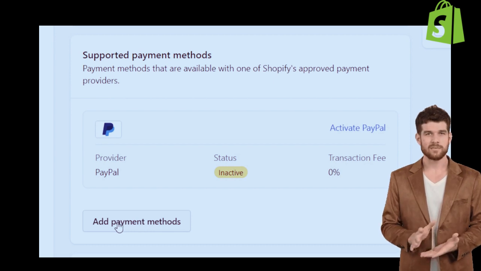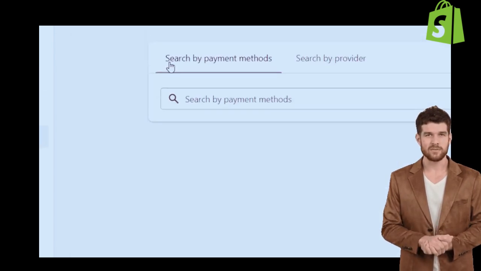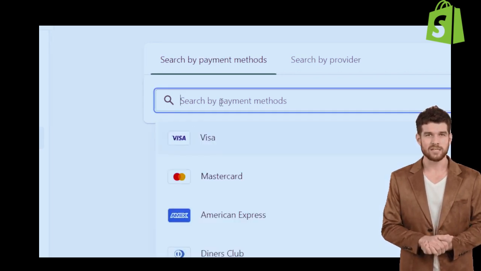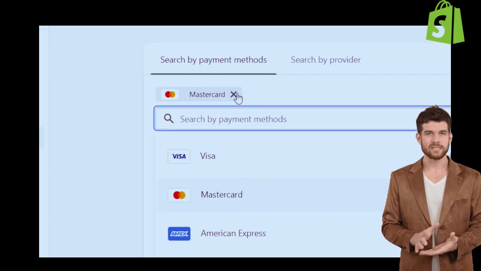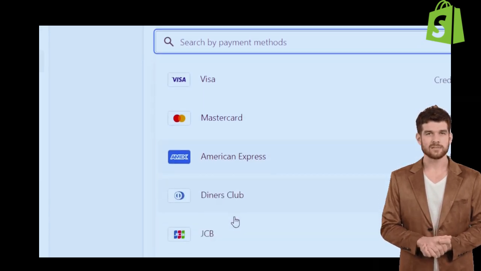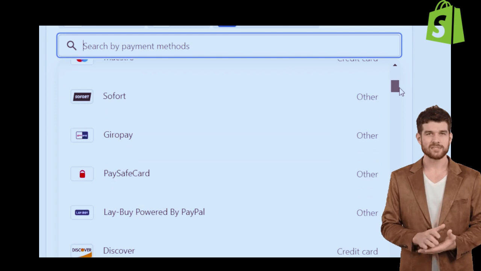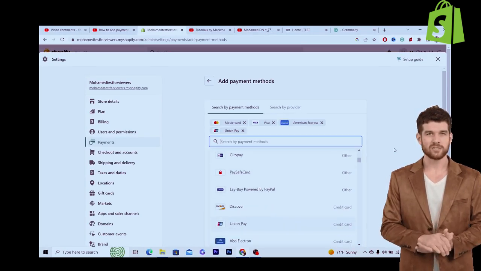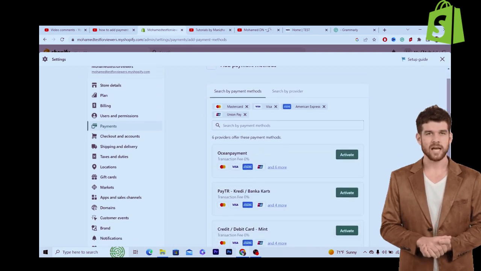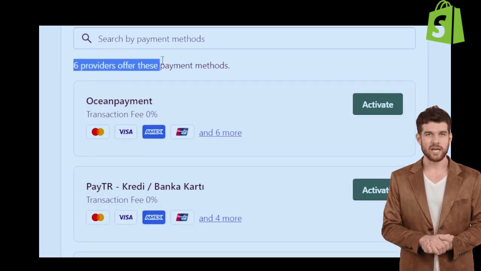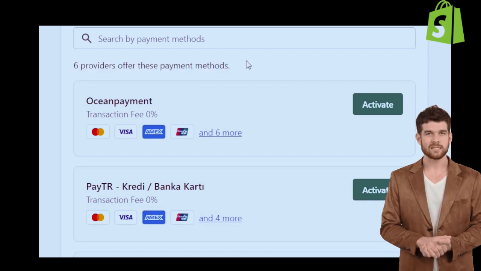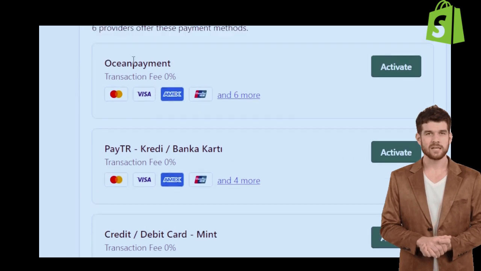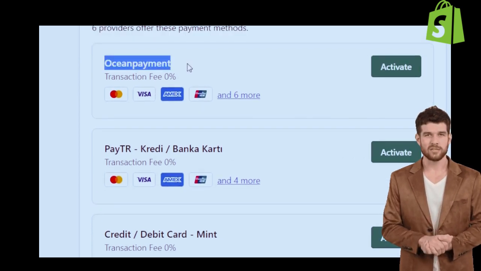Now guys, all you have to do is click on add payment methods, and here you have to search for payment methods. For example, let's say I am going to add MasterCard, Visa, American Express. I'm going to search for something else. You just want to search for anything here, for example, Union Pay, and as you can see, it says here 6 providers offer these payment methods. These are approved by Shopify, so there is nothing to worry about. You can easily create an account on these websites